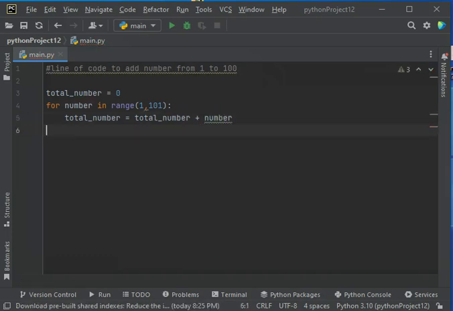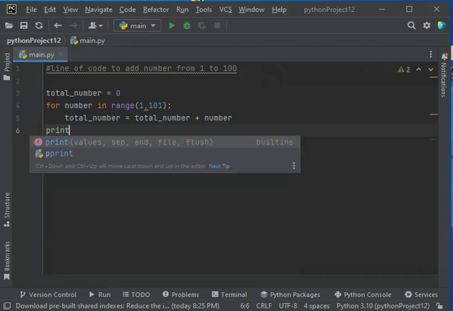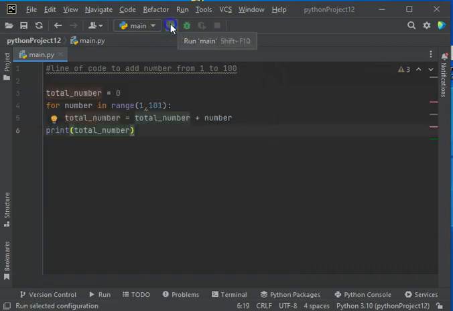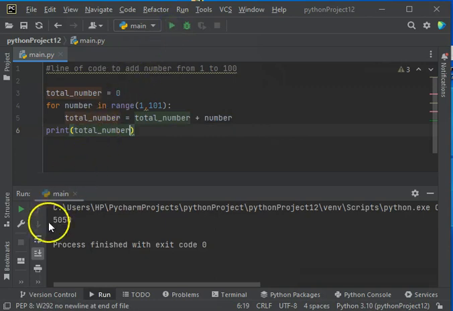Finally, you are going to print your total number. Click on it. So as you can see, we have 5050. So that is the sum of number